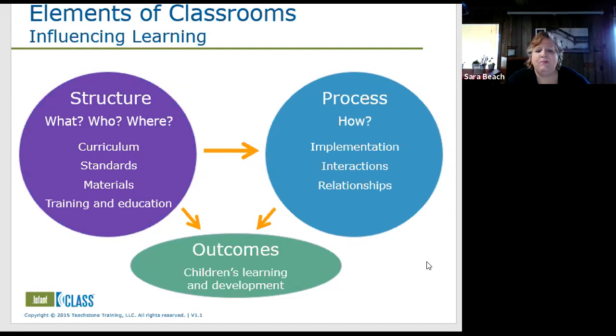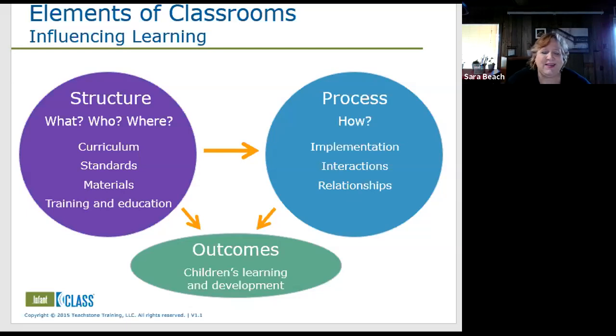All of these things matter for children's outcomes, but what we know now is that the process features of quality, like the relationships and the interactions, everything flows through those. Curriculum, standards, everything depends on those process features. So we don't get the outcomes we want unless we have these process features really down and they're high quality. In fact, you may have seen different programs where they have great environment and great materials, but they don't have great interactions and relationships.